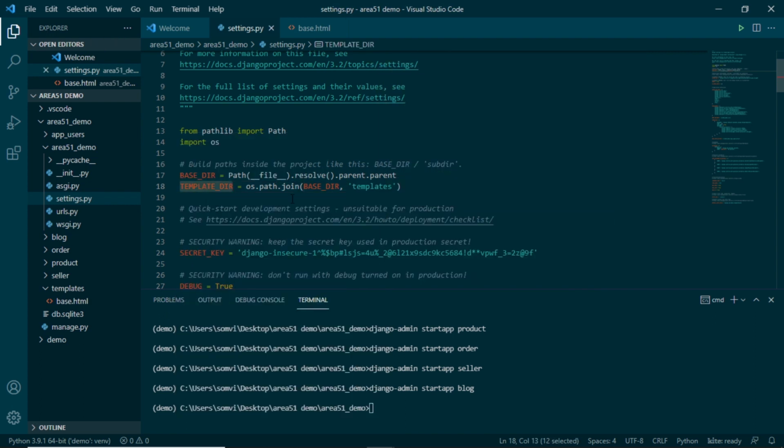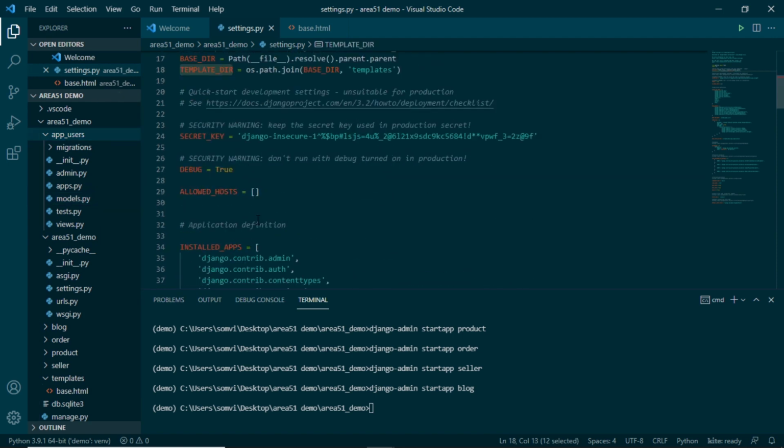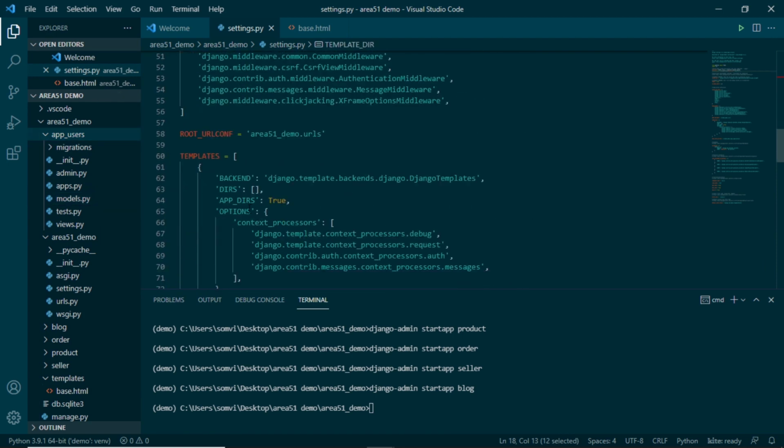This template directory will ensure that we are also able to see templates from inside individual applications. We will create a template folder in a second. We will copy this template dir. We will scroll down. We are looking for templates, and in this DIRS we can see there is a blank list, so we can put it here, save it, and we are done with this template thing.